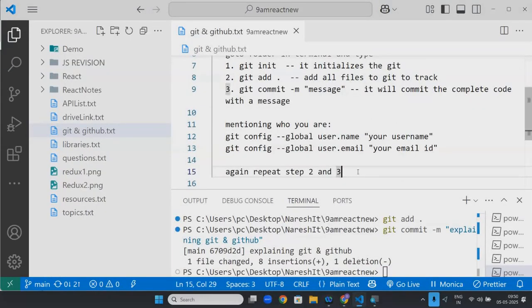Now, if you want to push into one repository, first you should know the repository link, and you should connect that repository link to your local folder. Automatically, from next time onwards, whenever you push, it will push only to that particular one.